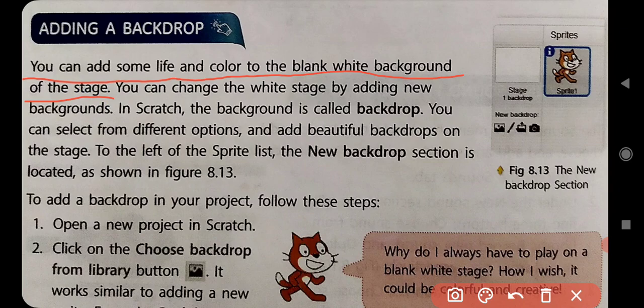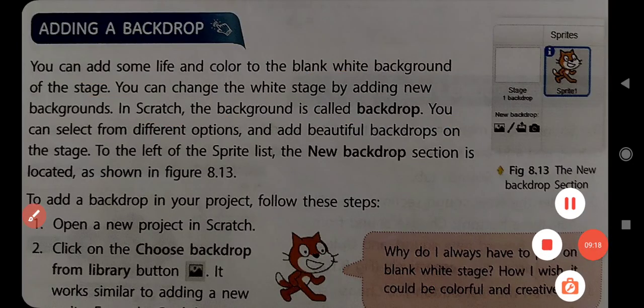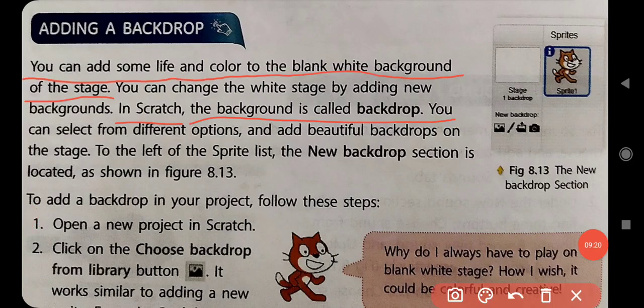In Scratch, the background is called a backdrop. In other words, in MS Word we can say background of the screen, but in Scratch the background is called backdrop.